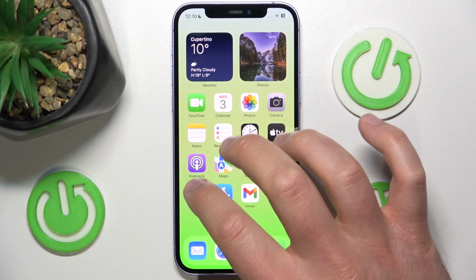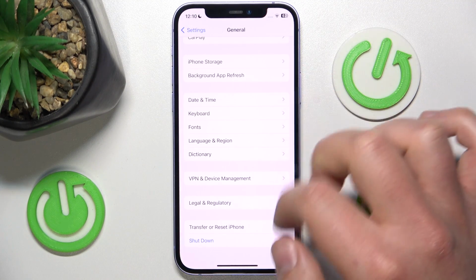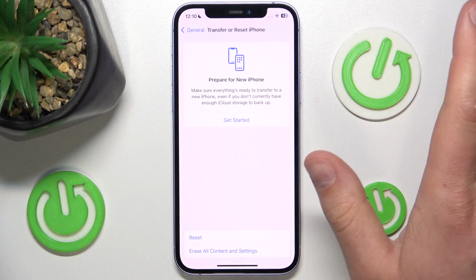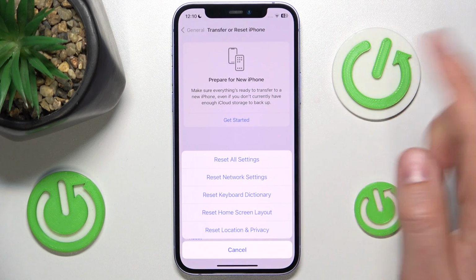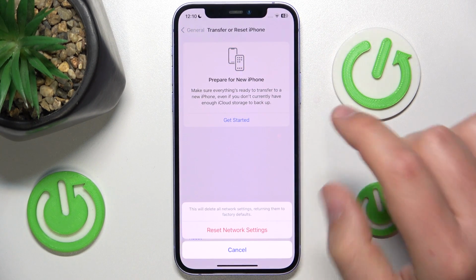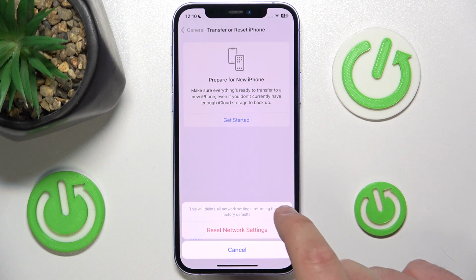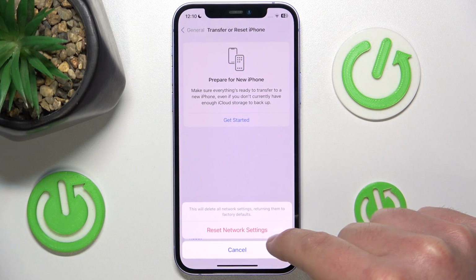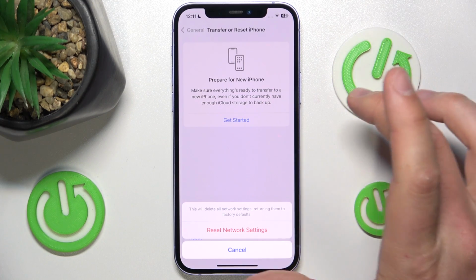So, what you want to do is go to Settings, then go to General, then go down and you're going to find Transfer or Reset iPhone. Here you can click Reset, and here you are going to find Reset Network Settings. If you click on this one, you are going to be told that this will delete all network settings, returning them to factory defaults. So after clicking Reset Network Settings, you are going to be asked again for the passcode